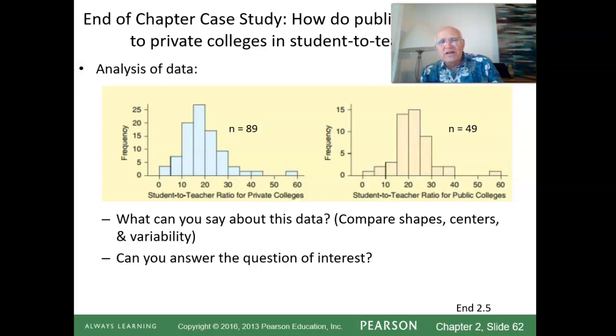Stay tuned. That's exactly what we will be covering when we get to, I believe, chapter 6, or maybe chapter 7, where we will be discussing two means and comparing those statistically. So this is a lead-in to something we'll be talking about later in the course, but right now we're just doing it visually, which is a very good start. So that's the end of our Chapter 2 discussion. I promise this was a short video, and we'll stop right there.